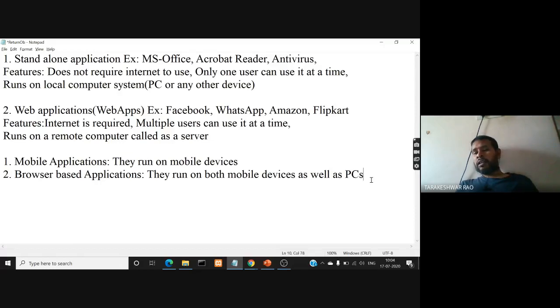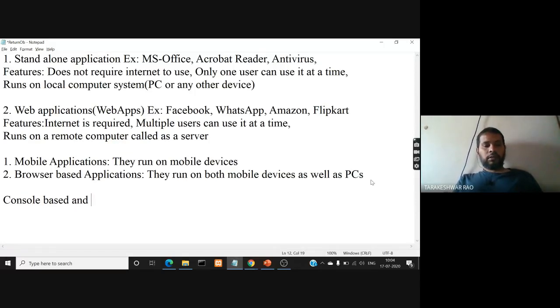As part of creating these applications, we need to create some graphical user interfaces, because that is how these applications run. Based on whether you have a graphical user interface or not, we can further classify the programming applications that you create into two kinds: console based applications as well as graphical user interface, GUI based applications, right? So console based and GUI based. So we'll be developing GUI based applications.